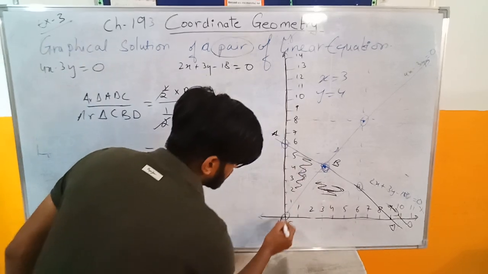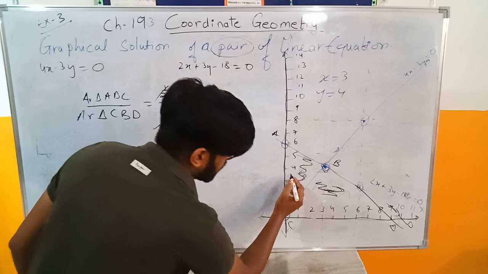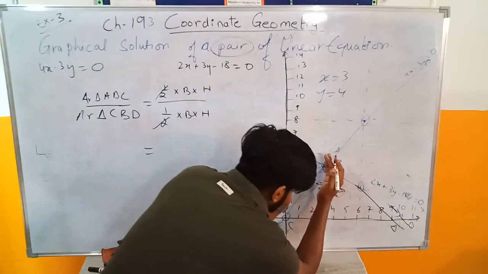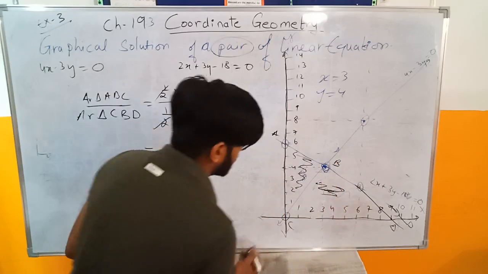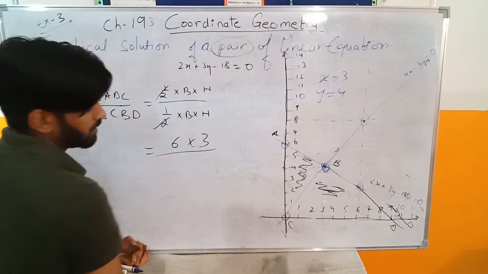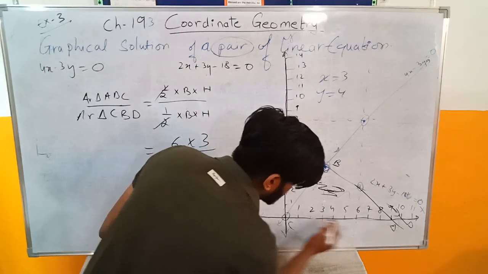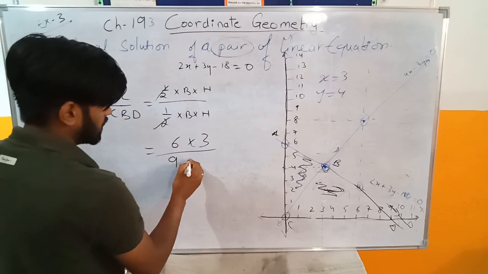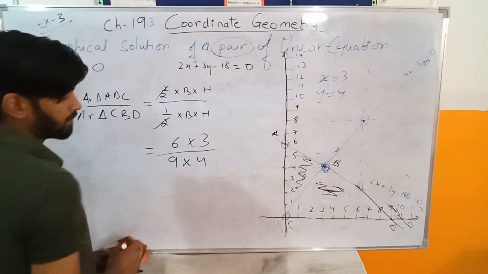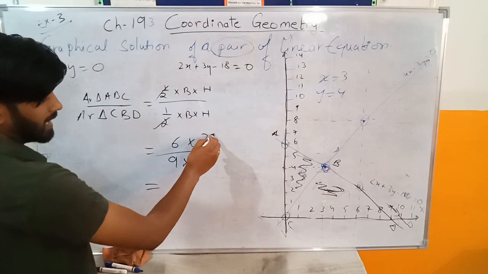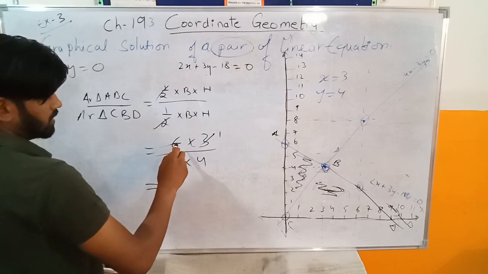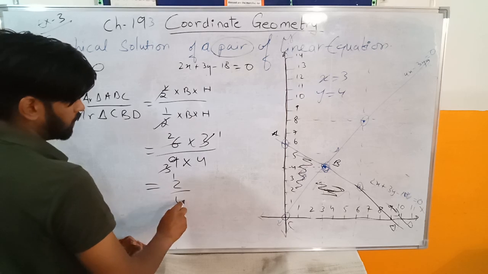So this is the base for this triangle, this is the base, and what is the height? This is the height. So how much is from here to here? You can go down, take the same thing, and you'll find the height is 3. The base is 6 into height is 3. For this, the base is from here to here, that is 9. Into what is height? Height is from here to here. How much is the height? 4. Okay, so anything that can be cancelled out, you guys can cancel. 3 1s are 3, 3 3s are 9, 3 1s are and 3 2s are. So 2 upon 4.